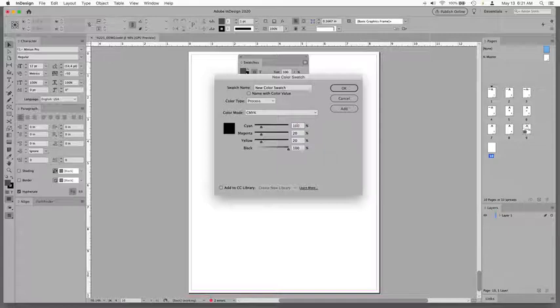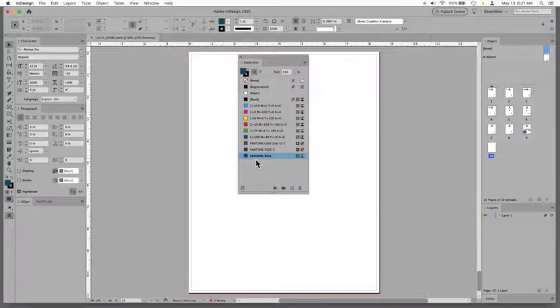So 100, 65, 37, and 21. And that is the college primary blue, and you can also again rename the swatch. So Edmonds blue, and then I want to say OK, and it is in CMYK, and it adds a swatch to the